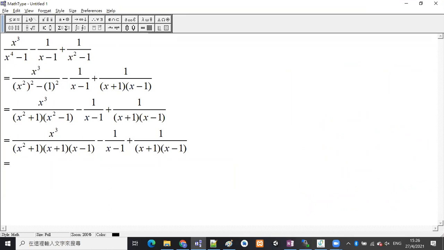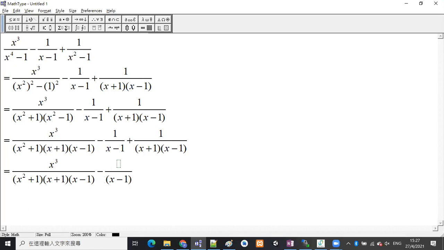Then there is nothing to be cancelled at this moment, but we have fractions adding or subtracting together. Then we need to find the common denominators. Okay, 即係要通分母啦。人有我冇嘅就要乘大佢。OK，好啦，呢一個 x cube 下面呢個 x square plus 1 times x plus 1 times x minus 1，有冇一啲 factor 係人有我冇嘅咧？冇喎，好似，所以呢一個份數咧就唔需要轉變啦，唔需要倍大啦。And then for the x minus 1 here,